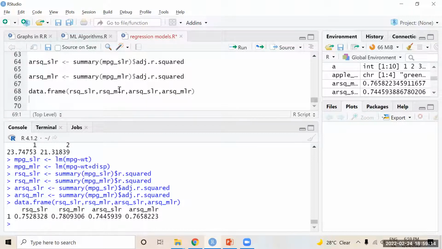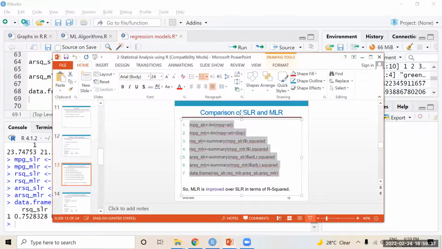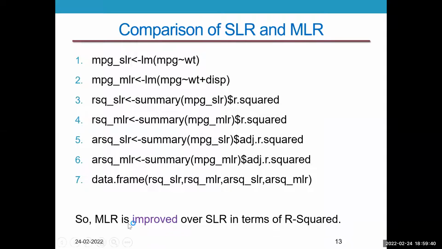Okay, in statistical analysis, these two metrics are actually used for judging whether a model is good or bad before taking a decision. So this is how to compare one model with another model using the metrics. Here multiple linear regression is improved over SLR in terms of R squared error.